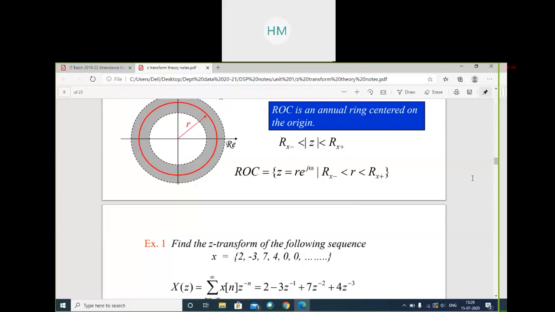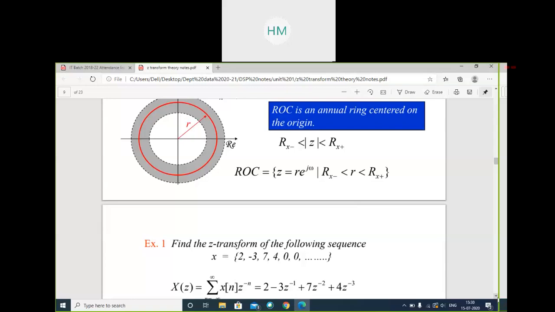Okay, so we will simplify a very simple numerical. A series is given to you, and for that we have to find the Z transform. Again, it's very easy. X of z, we will write the formula, then we will put all the values of x of n varying from minus infinity to infinity. But here the series is from 0 to infinity. We can see from the equation. Clear?